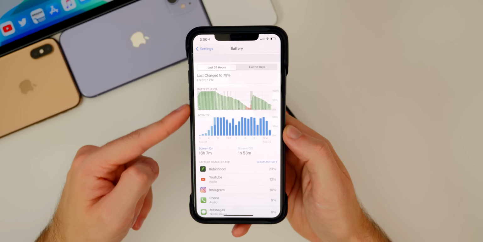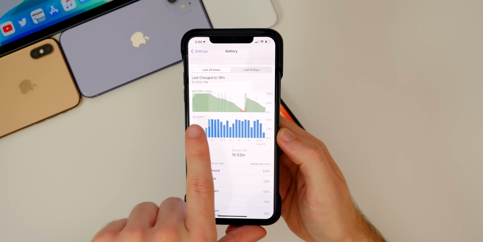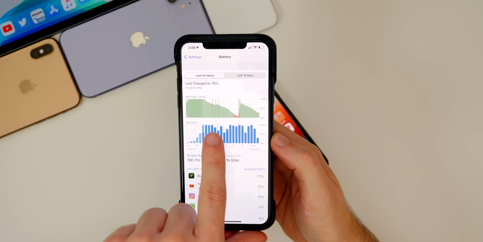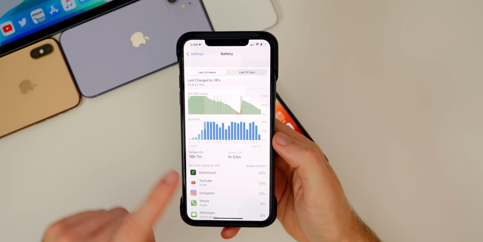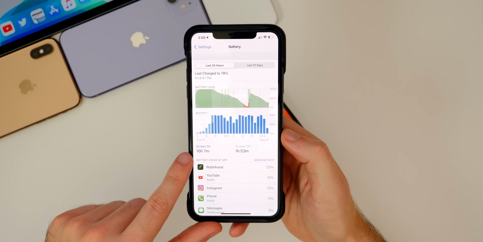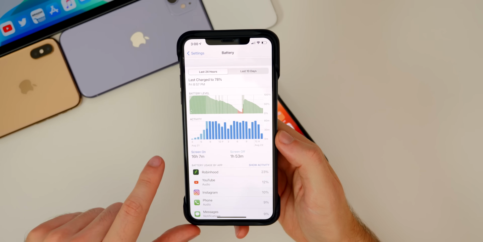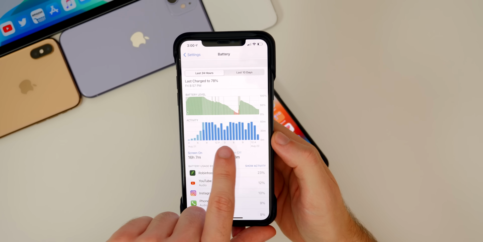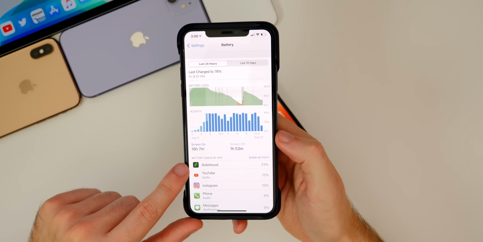So this chart won't really tell you a lot, but it kind of gives you an idea of how I've been using my phone. And you can see there, I really didn't charge my phone very often throughout the day. And besides that little charge there when it got low, battery life has been great. I mean, take a look at how much time I was on my phone today. So that's great that I didn't have to charge it for that long when I was constantly on my phone. You can see the dark blue bars there, mainly from just trading on Robinhood, which, by the way,